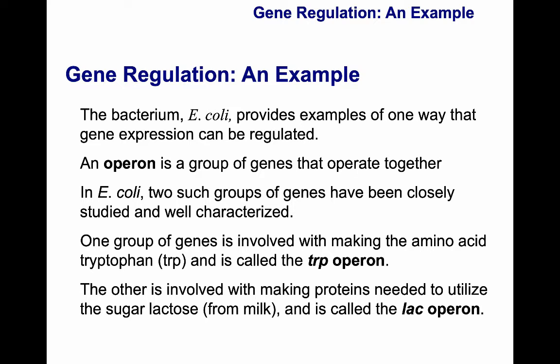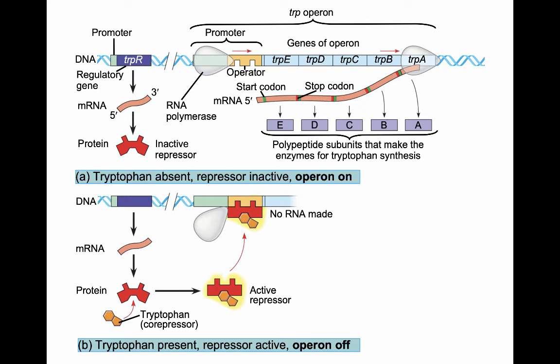An operon in bacteria is a group of genes that sort of function as a collective. They operate together to perform specific functions in a cell. And we'll look at two of those operons and see how those genes that are in the operon are controlled. So a busy diagram here, but stick with me and hopefully we'll figure this out. Two sections, the top section and the bottom section we'll talk about separately, but first a little bit about the